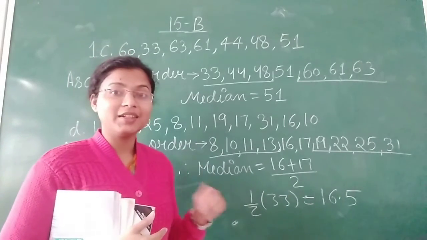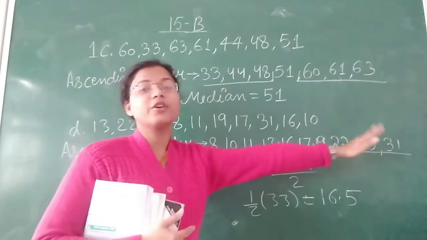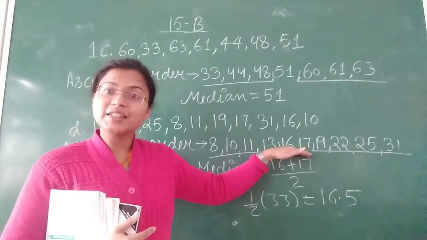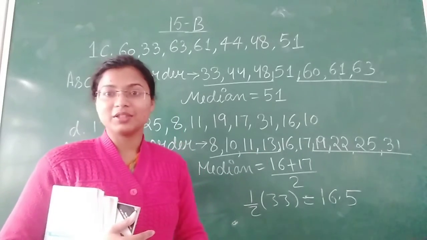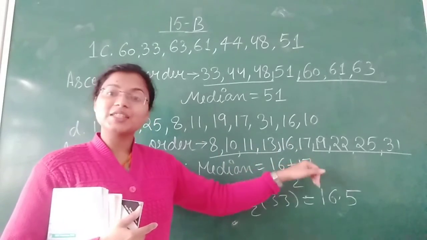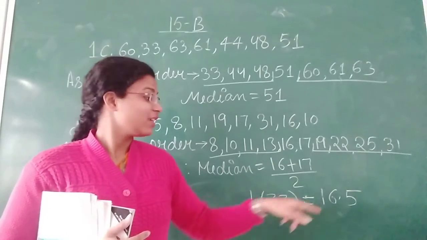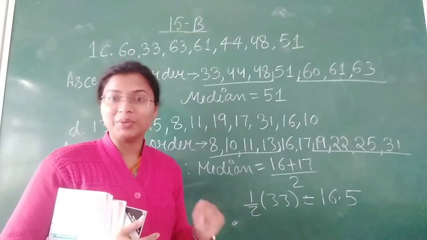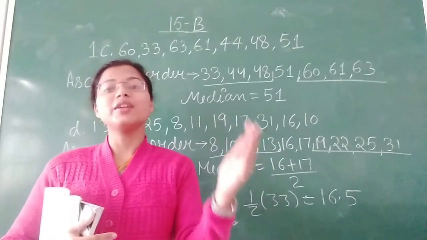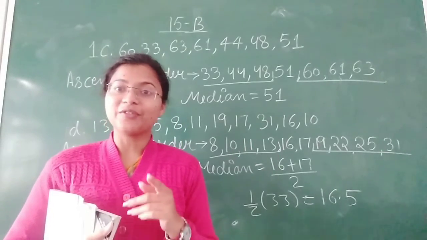So let's divide it in equal parts. So 4 from the front, 4 from the back. How many numbers are you having in the middle? You are having 2 numbers, 16 and 17. You want only one. So 16 plus 17 divide by 2. 16 plus 17 will give you 33 and upon 2 will give you 16.5. That means 16.5 is your median. Okay, first step should be to arrange it either in ascending or in descending order. Second step should be to count the total numbers and according to that find out your median.